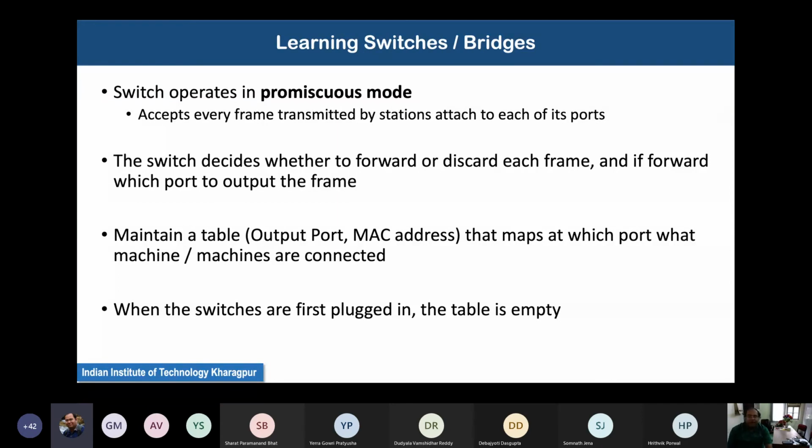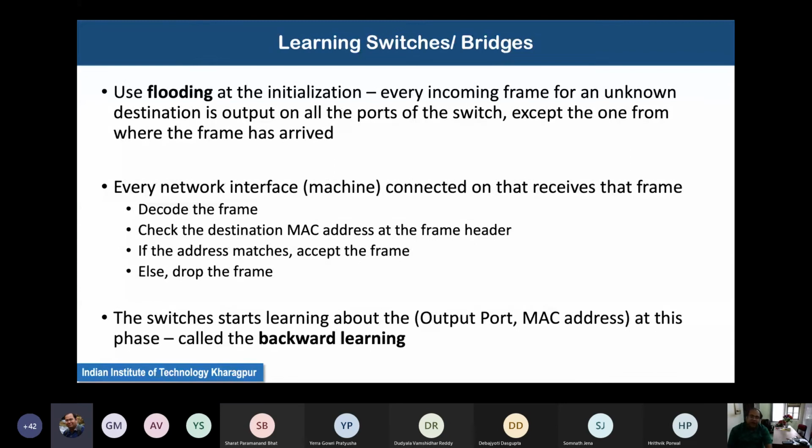So the switches use flooding at initialization. Whenever you are initializing a switch and the table is empty, the switch does not know any mapping between the port and the corresponding MAC address of the device connected on that port. So it uses flooding. That means every incoming frame for an unknown destination is output to all the ports of the switch except the one from which the frame came.